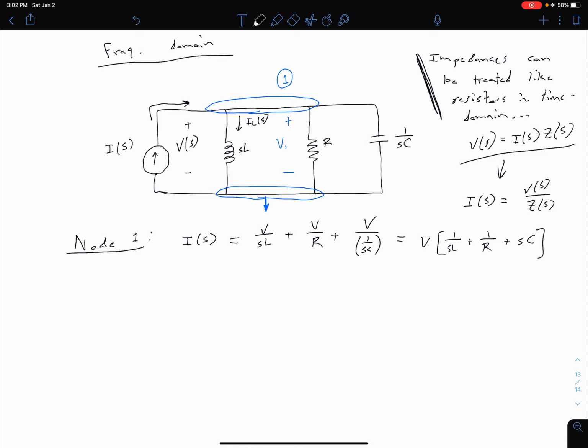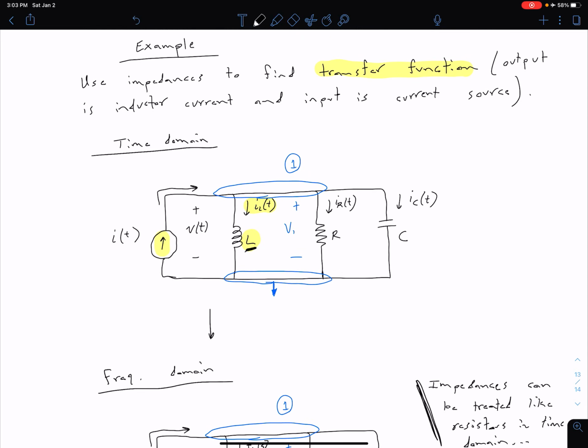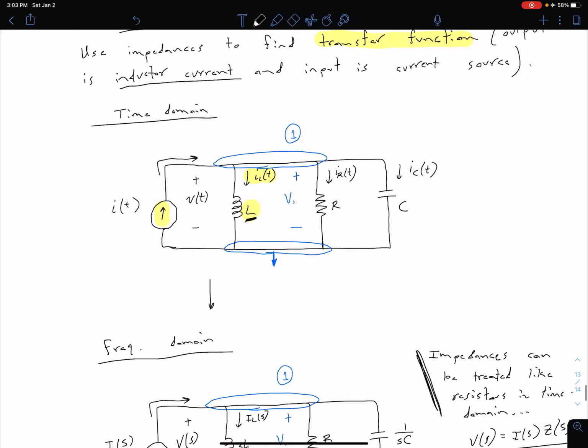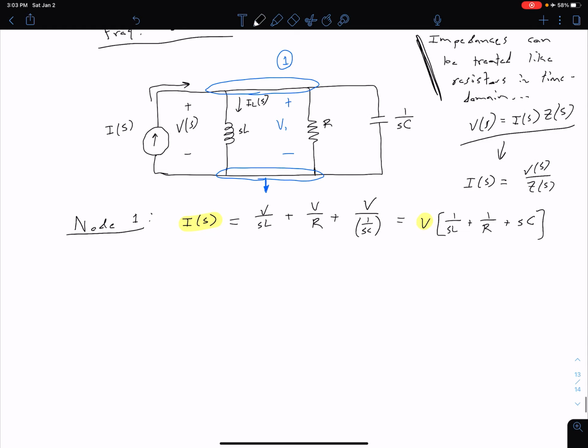Okay, so far this is looking pretty easy, but we notice that for our transfer function, our output is the inductor current and our input is the current source. So in this equation, we have our term that corresponds to our current source, but we do not have our inductor current. We do, however, have the voltage, which we can relate to our inductor current. So that's what we're going to do in the next step. We can say our voltage is equal to our inductor impedance times our inductor current, again just using our Ohm's law for phasors. So now we want to substitute that in. Let's substitute this expression for V